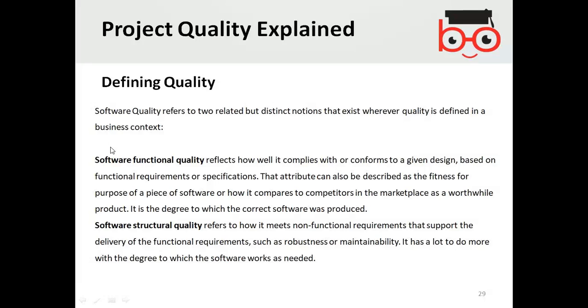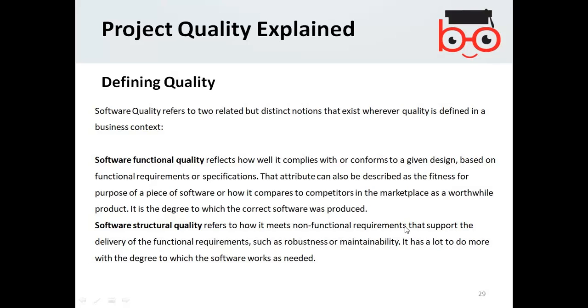Therefore, the functional quality is the design and the functional requirements. The attribute that can be described is the fitness for purpose of a piece of software, or how it compares to competitors in the market as worthwhile. Software structural quality refers to how it meets the non-functional requirements.